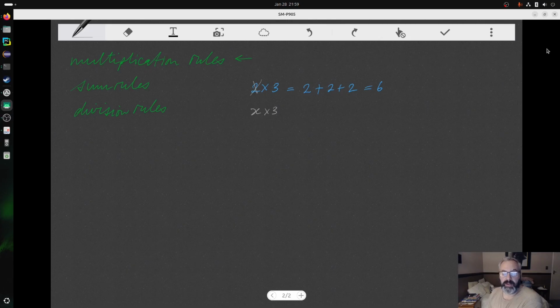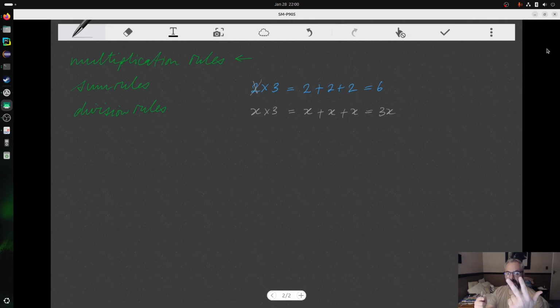Now what happens when I've got x multiplied by 3? The same thing happens as when I had a 2. Look at this, I've got an x and another x and another x. In the first case, I had a 2 and a 2 and a 2. I had 3 of them, and together they made 6. So now I've got an x and an x and an x. How many x's do I have? I've got 3 x's. It's like having 1 x and I'm multiplying that 1 x by 3, and then I've got 3 x's. Can you see?